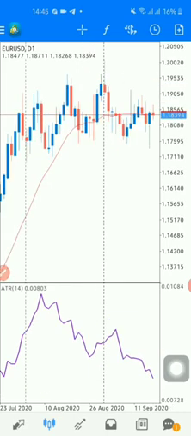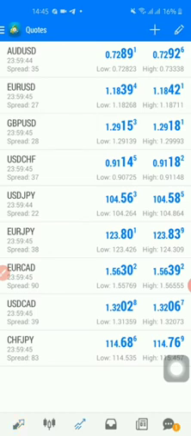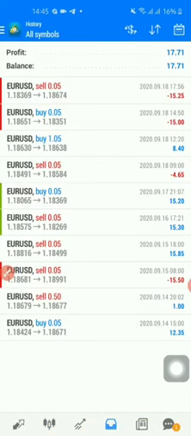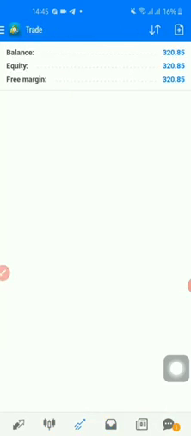So it made Friday very difficult to trade. That is why we lost some money on Friday. Okay, this is a special account. Let me tell you this. This is a special account that I deposited $300 to trade with